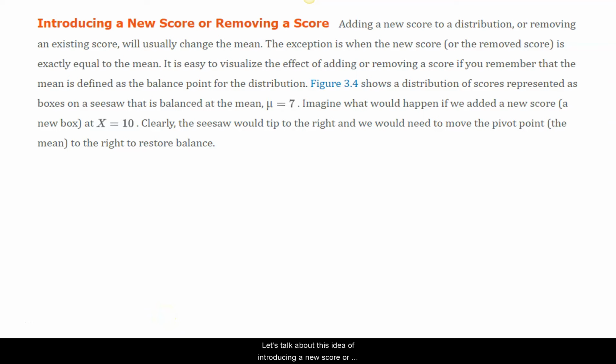Let's talk about this idea of introducing a new score or removing a score. Adding a score to a distribution or removing one will often change the mean. In most cases it will. The exception is when the new score is precisely equal to the mean. It's easy to visualize the effect of adding or removing a score if you remember this idea of a balance